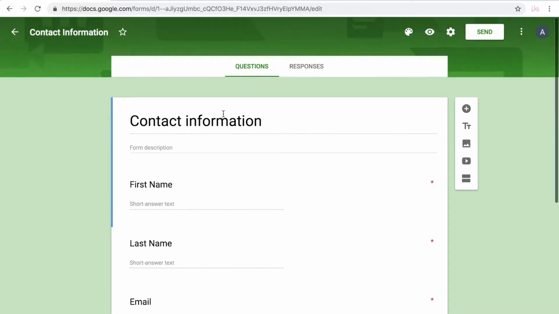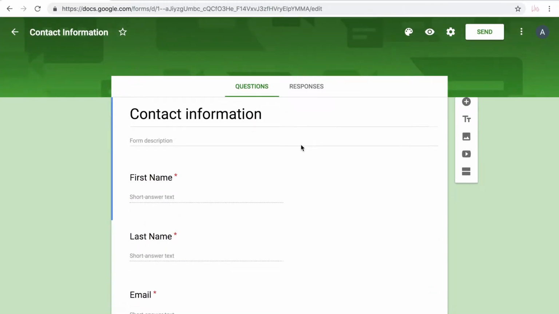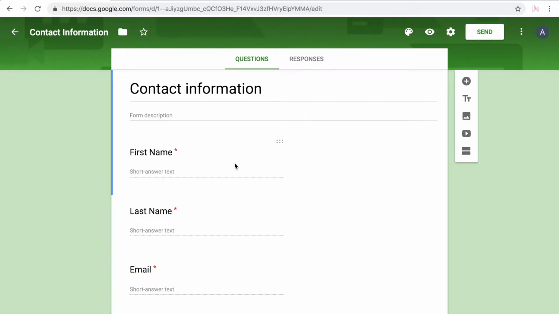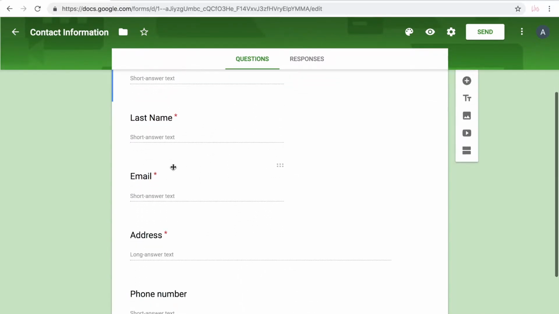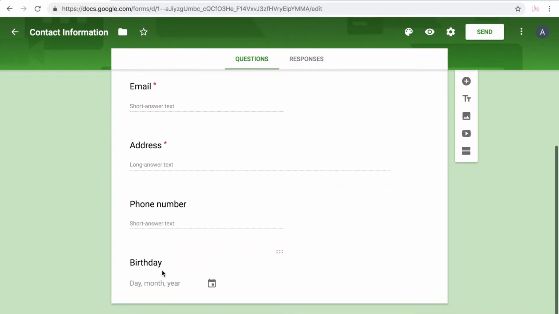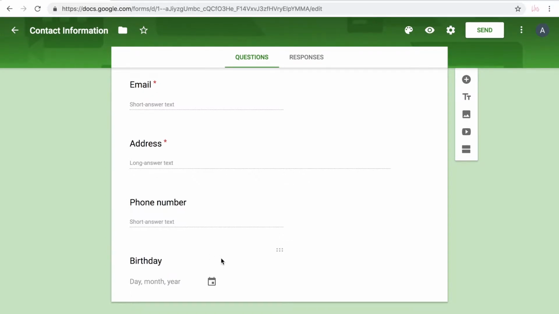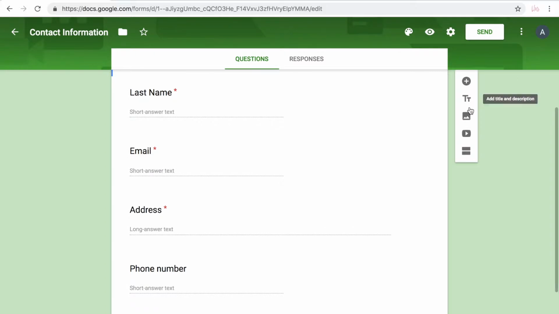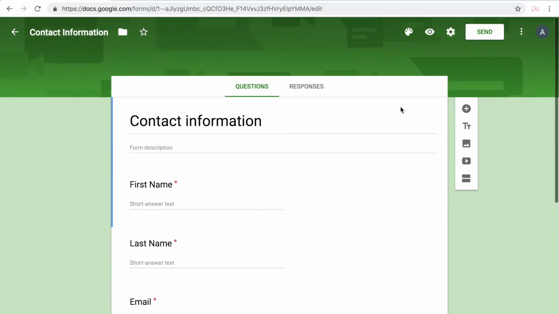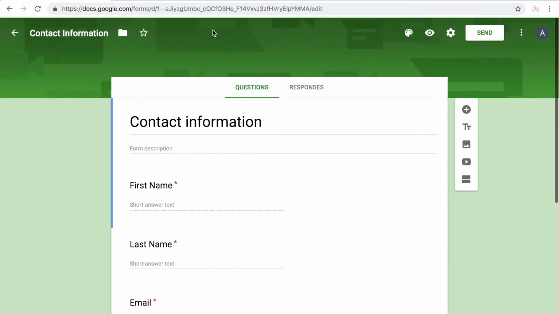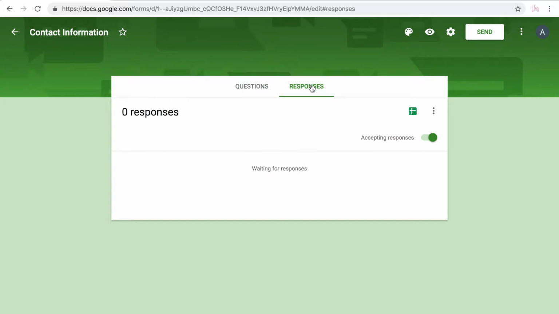I've pretty much kept it exactly the same as the template from Google Forms, but I've just split up the first and last name and added in a birthday. You can change the date format settings in your Google account and also customize the form to how you want it to look. So now we're going to hit responses and click on the little green icon to create a